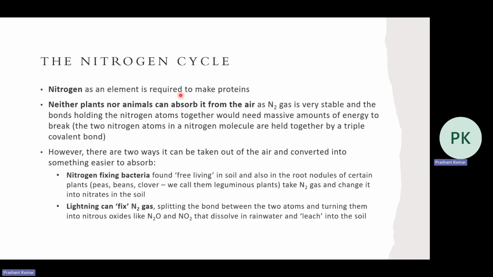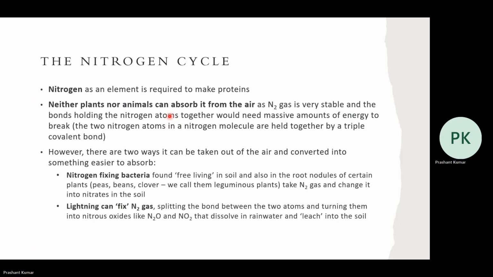So nitrogen is an element required to make protein because they are very important elements. Neither plant nor animal can absorb it from the air. So nature has not given that option, right? So for nitrogen, we have to rely on plants. So nitrogen gas is very stable and the bonds holding the nitrogen atoms together would need a massive amount of energy to break because there's a triple bond. Nitrogen is connected by three